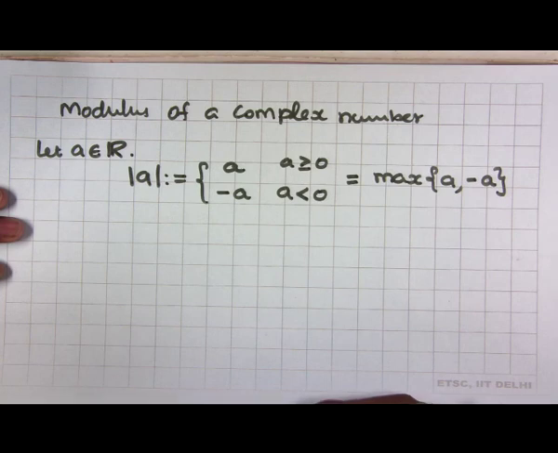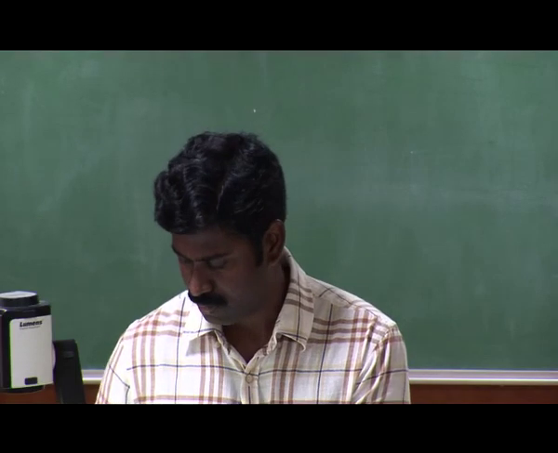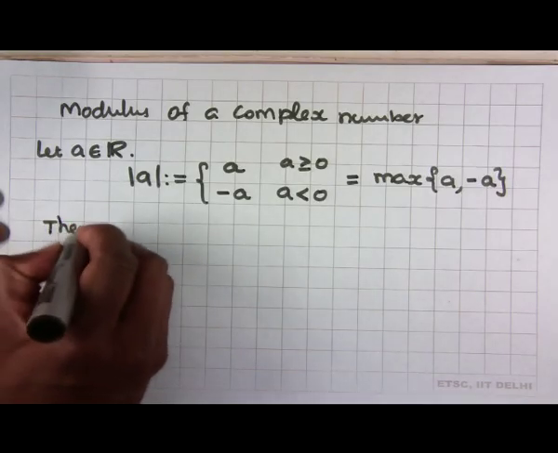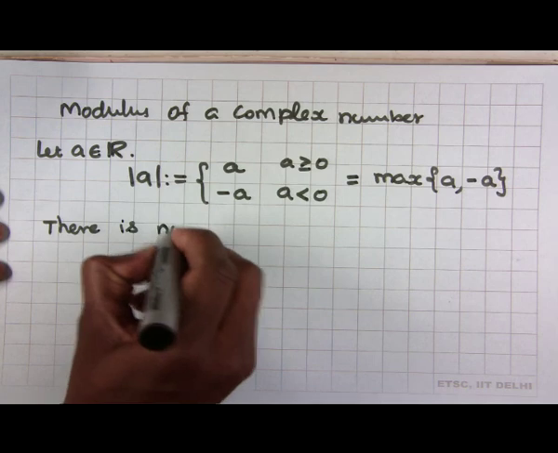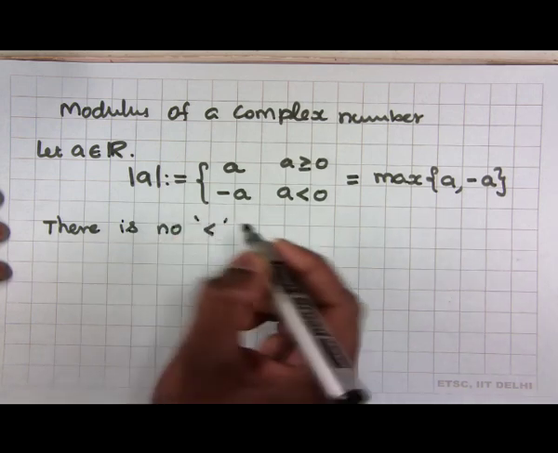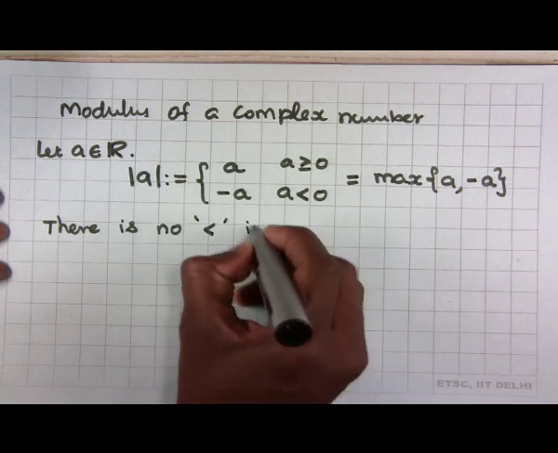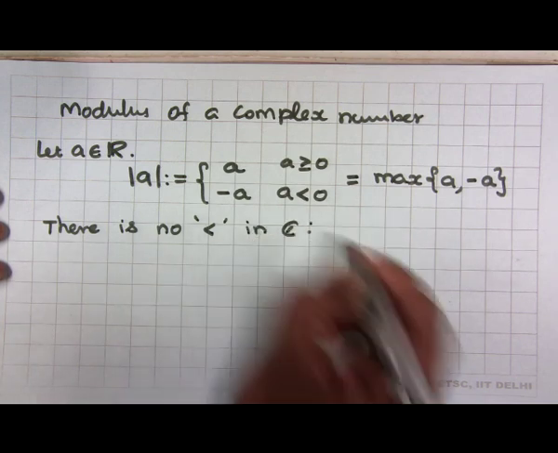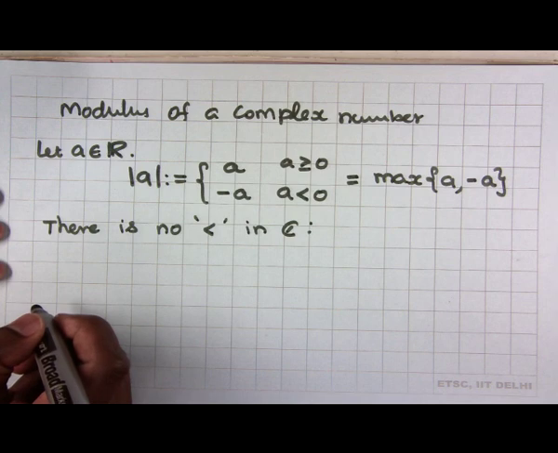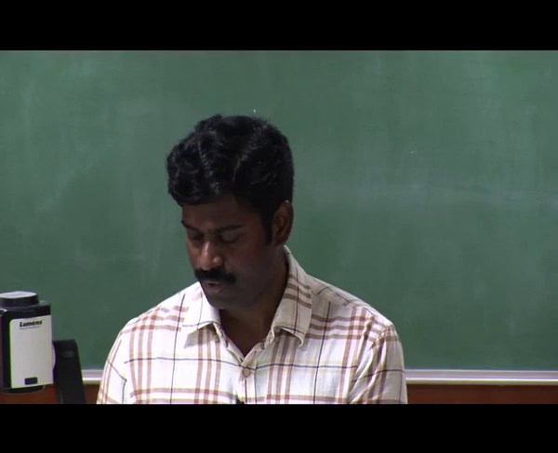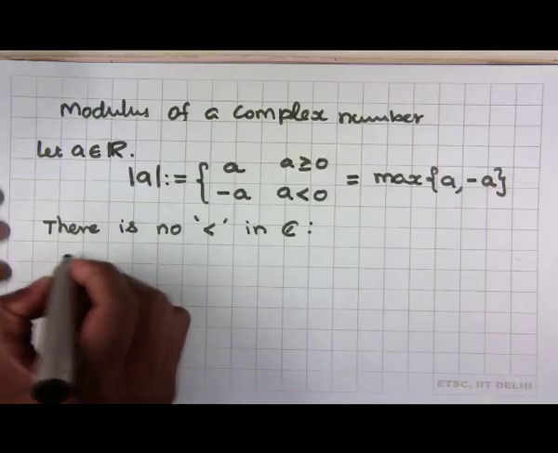So, I am not writing in detail, but let me just give us some rough idea. So, first let me write, there is no less than relation, which means we cannot compare two complex numbers in C. Okay. So, just an idea is, if suppose there is a relation less than in C,